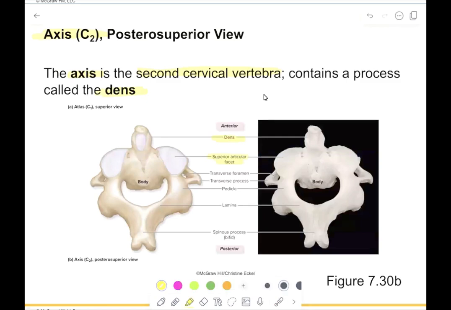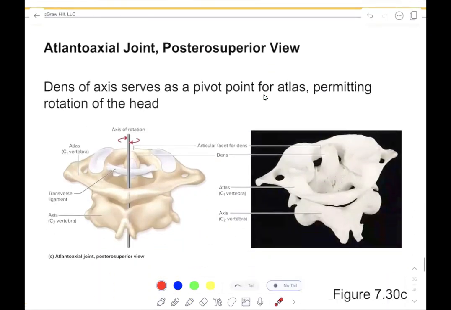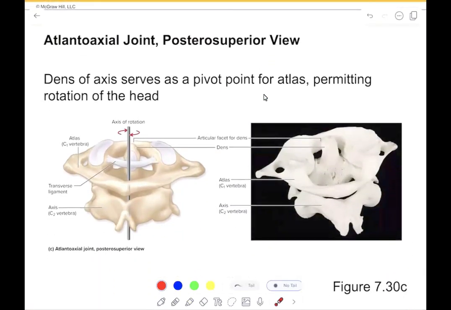The transverse foramen is in the transverse process. There's also a pedicle, which, as you've seen before, is between basically where the lamina would be and the body. Remember, there's no body in the atlas, but there is a body in the axis in this case. And there's a spinous process, which looks like it kind of bifurcates like a forked tongue, and it's only really in the axis. So looking at this joint, it's called the